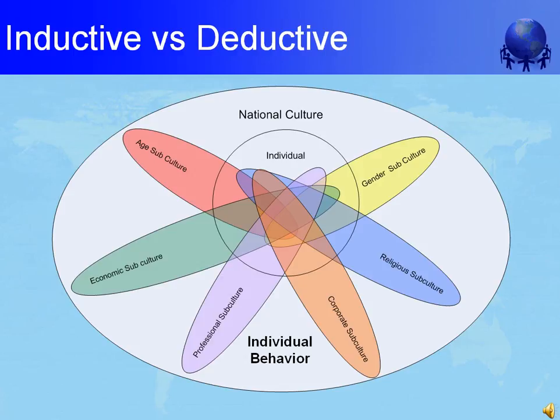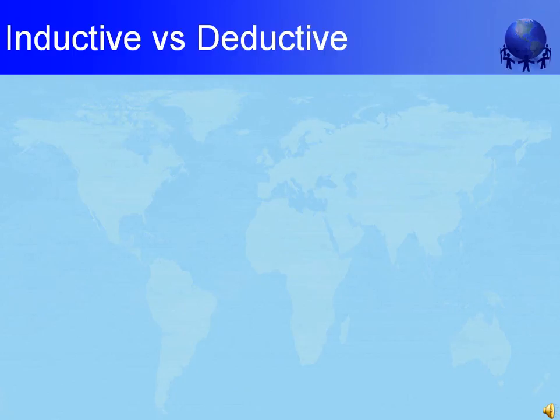As an example, let's consider technical operations versus consultants and architects. One of the biggest challenges facing technical operations staff and consultants and architects is that they view the world, the challenges facing an organization, and the process of problem solving differently. Technical operations staff tend to be inductive, while consultants and architects tend to be deductive.